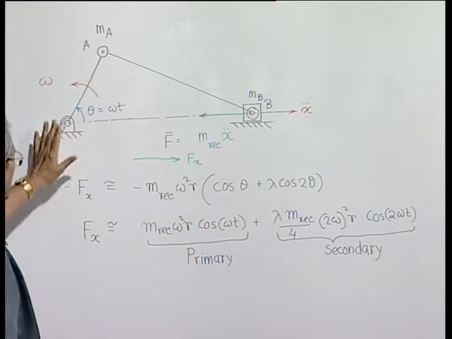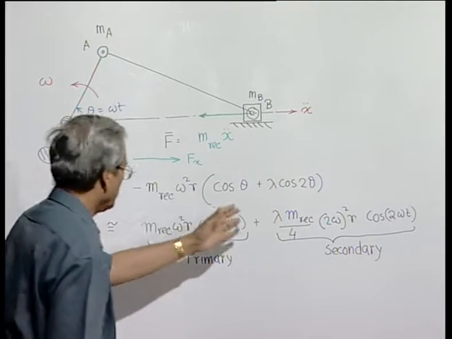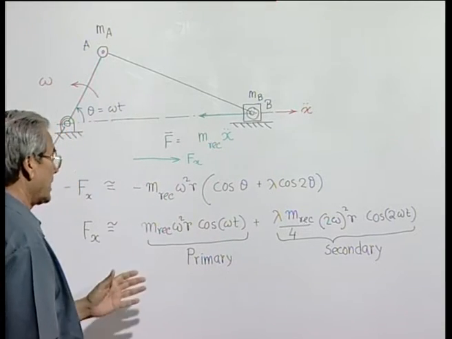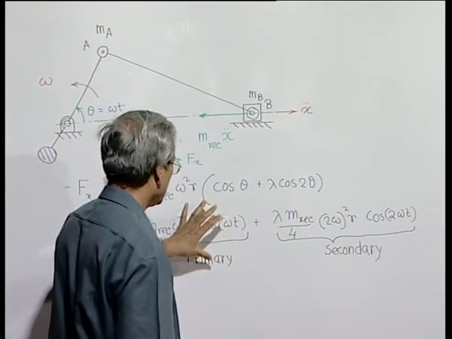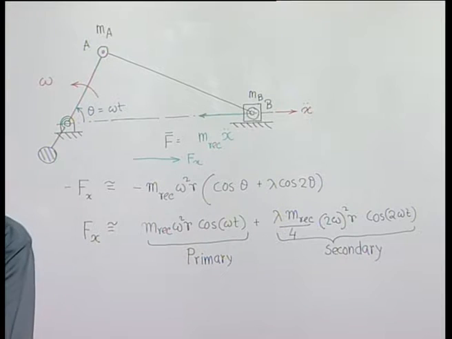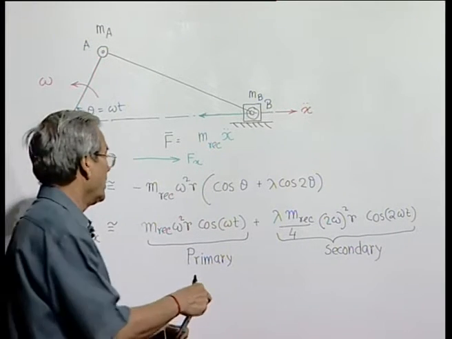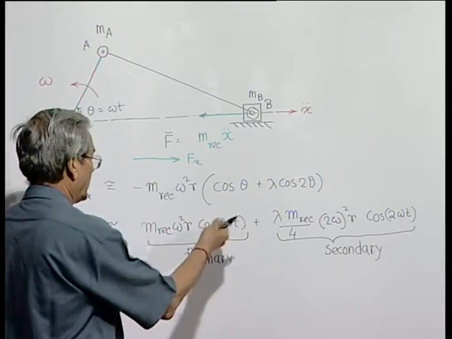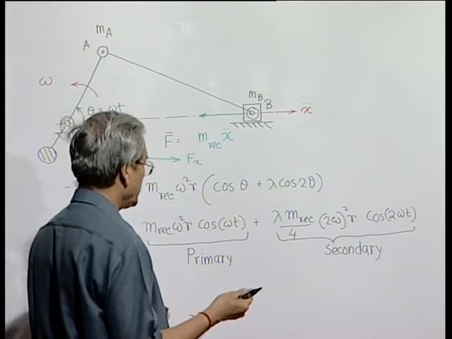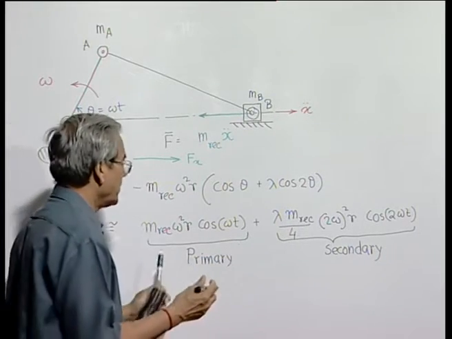Now, what I think we will do next, which will be useful at a later time, is to try to represent the inertia force due to this reciprocating mass with the help of rotating vectors, as we have done for the harmonically varying functions of time in many cases. So, as you can see that this primary force